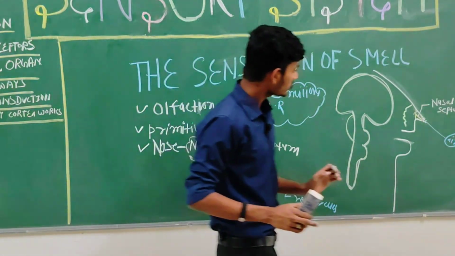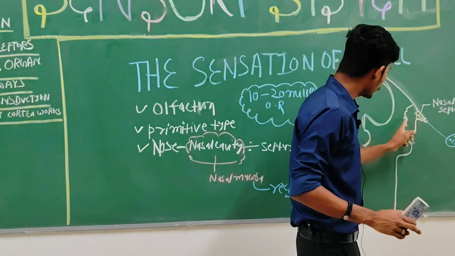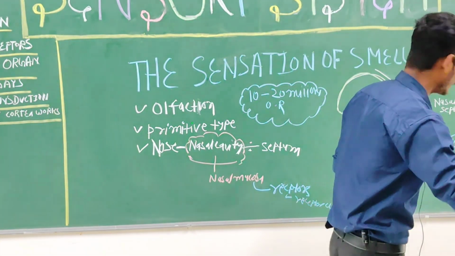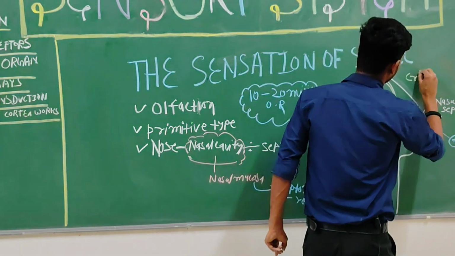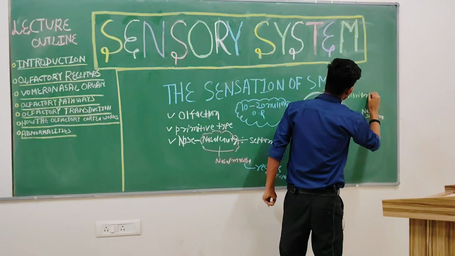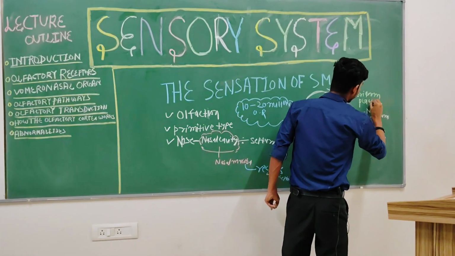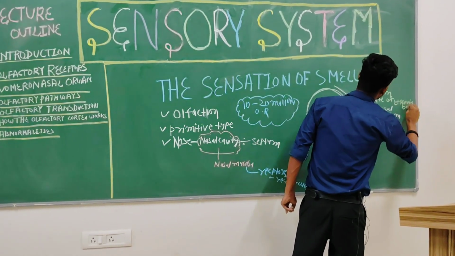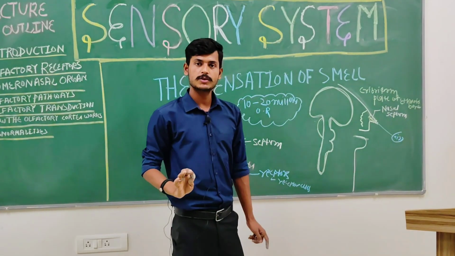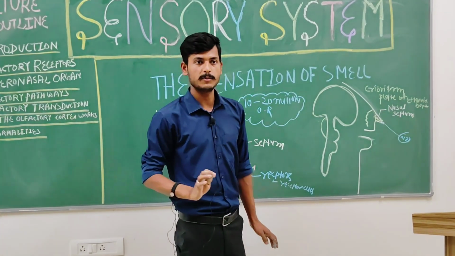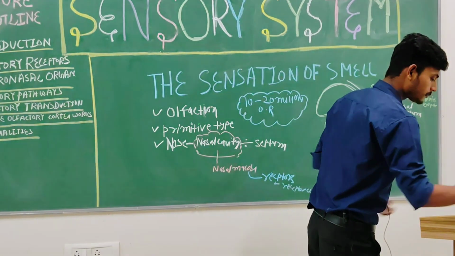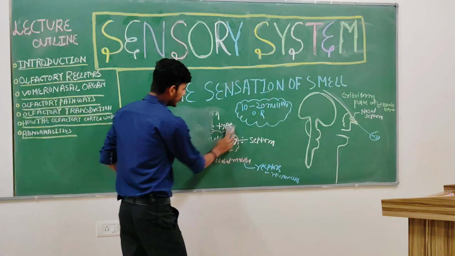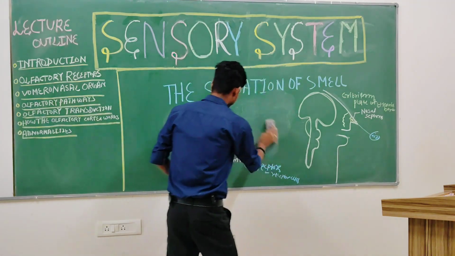Now, as I said, there is also the presence of the cribriform plate of ethmoid bone, a facial bone. Understood? Have any problem? No? Shall we move ahead? Yeah. So now once we have described the introductory part, let's move ahead and discuss the receptor.